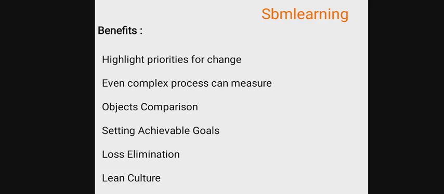We can also reduce our inventory. Earlier, due to low productivity, we used to keep high inventories. But once our machine is capable and effective enough to produce the products within takt time, whatever the range of customer demand, then we can reduce our inventory also. There are lots of benefits we get from OE, and we are also stepping one step towards lean culture, towards being a lean organization.